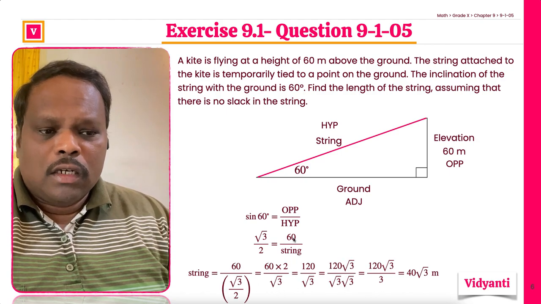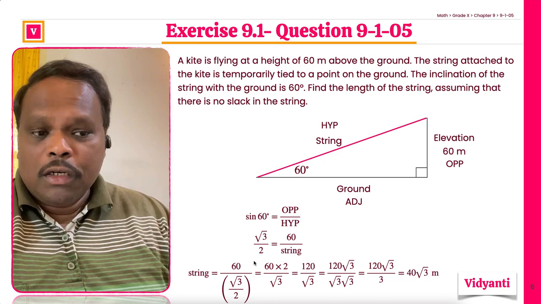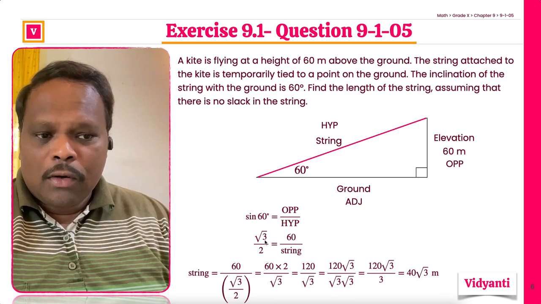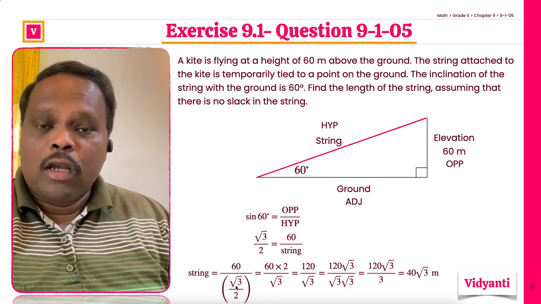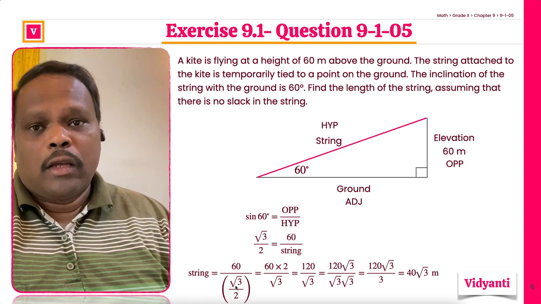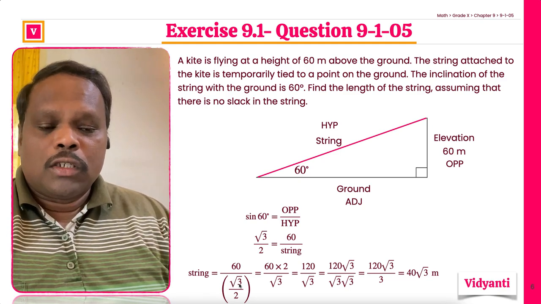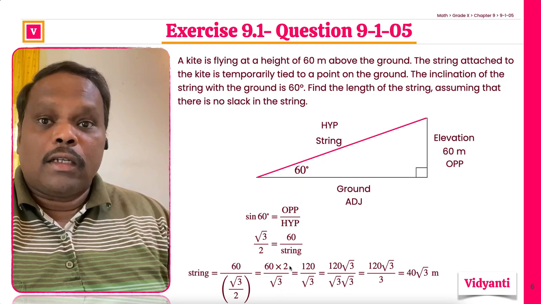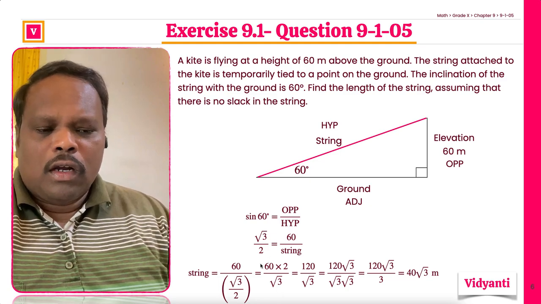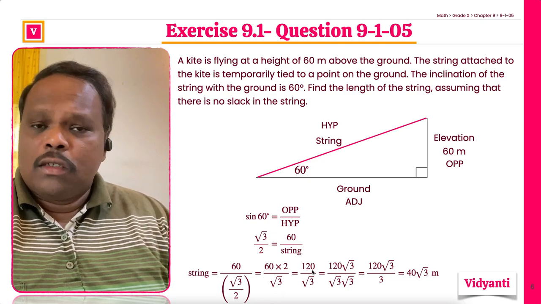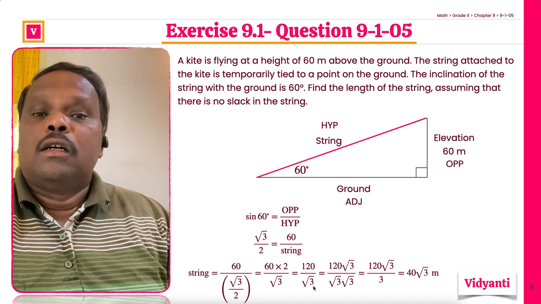So this string goes on this side, and the entire root 3 by 2 comes on this side. So string is equal to 60 over root 3 by 2. Remember, dividing by a fraction is multiplying by its reciprocal. So instead of dividing by root 3 by 2, we are going to multiply by its reciprocal, which is 2 over root 3. And now, even though technically this is the correct answer, 120 over root 3,